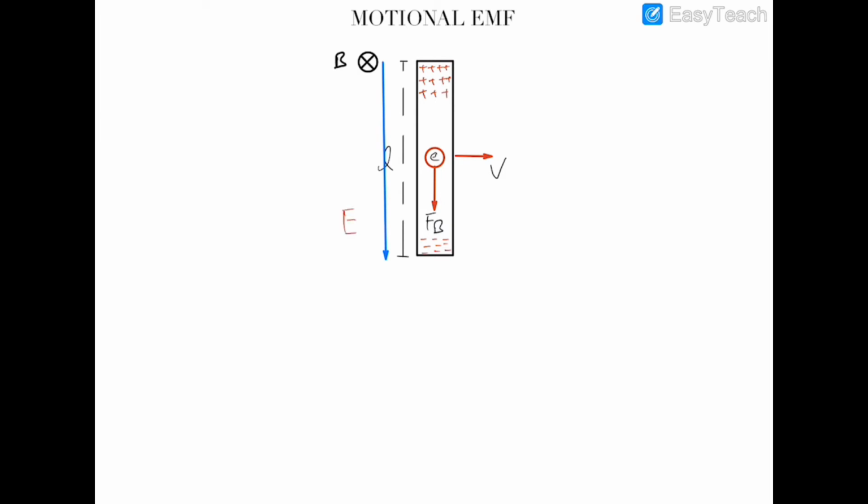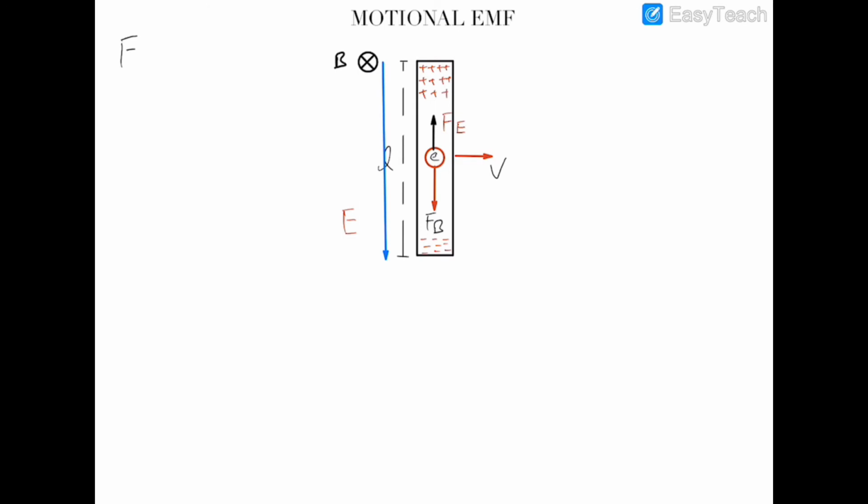Now this is also the induced electric field. If I analyze the electron which is in this electric field, this electron would be experiencing an electric force also, in the upward direction, because we know that on a negative charge the electric force acts in the direction opposite to the electric field. So if the electric field is pointing in the downward direction, then the electric force would be acting in the upward direction, and therefore a time will come when the electric and magnetic force will be cancelled out,